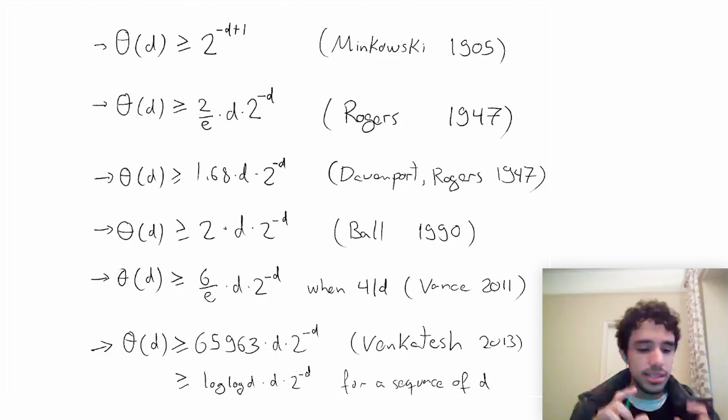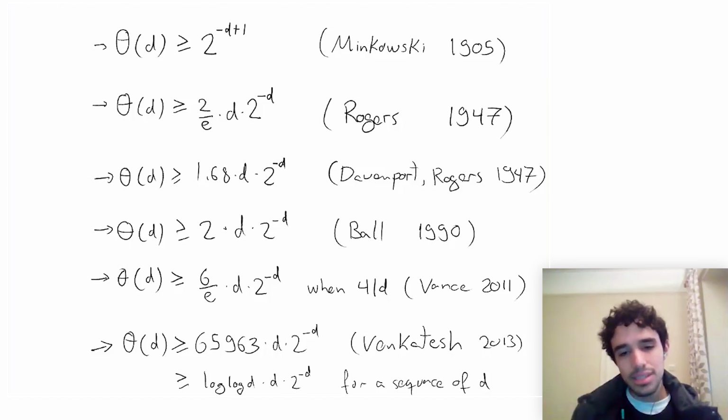So basically, when d is the product of the first k primes, you can find a special lattice with some number theoretic properties that has this density here. And so it has something to do with